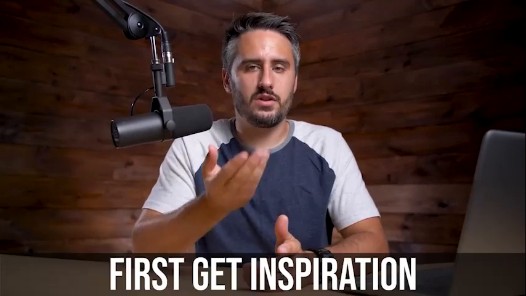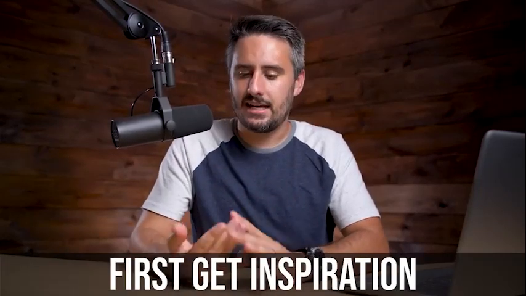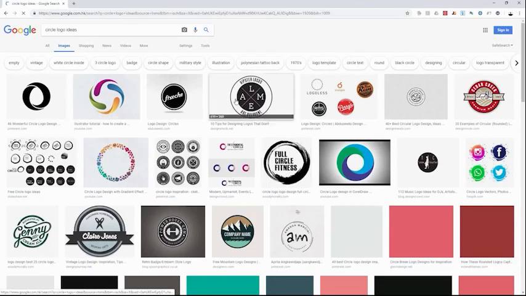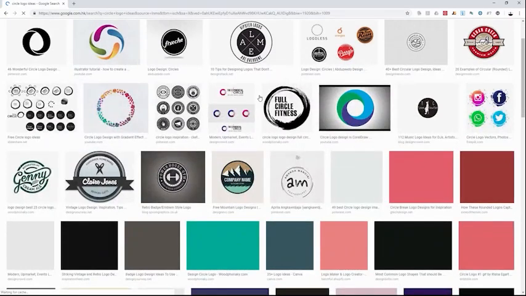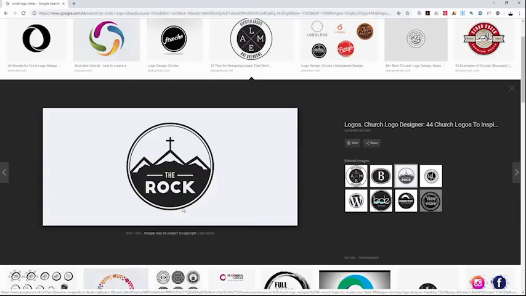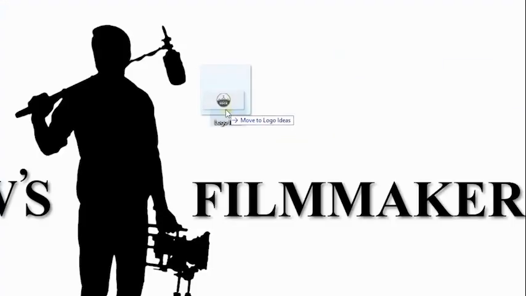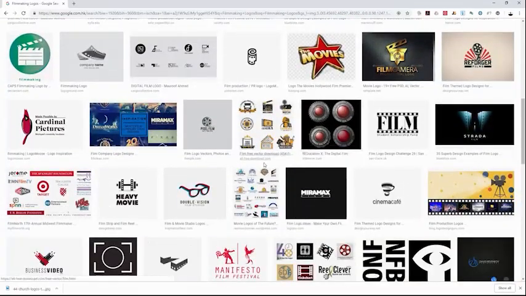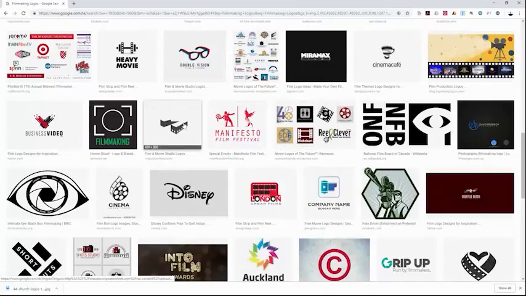So before you start designing your logo, you want to kind of know which direction you want to go with it. You don't just want to start throwing things in there and figuring out what looks good. So what you want to do is start searching for logos that you really like. Get a file folder on your computer and then go to Google and type in filmmaking logos, circle logos, or any logo that you can think of, and find the logos that you like the best. You're not copying someone else's logo, you're just getting inspiration. So you might like this aspect of this logo and this aspect of this logo, so you want both of those in your logo along with this and this and this, and you just want to get inspiration when creating your logo.